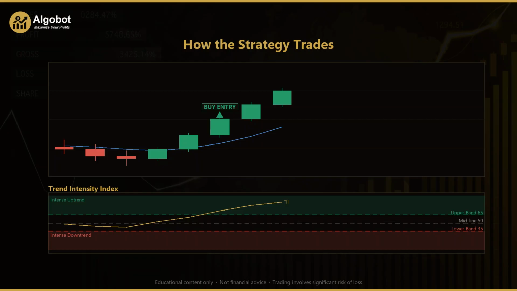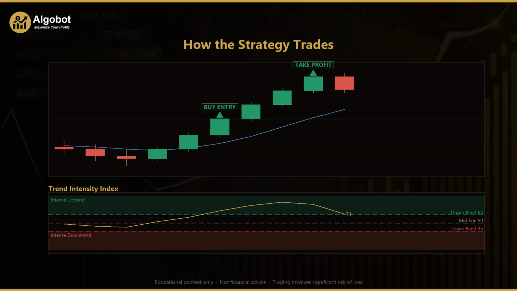Notice the stop loss would sit 2 ATRs below, and the take profit 3 ATRs above, giving that reward to risk shape of 1.5 to 1. From there, the up move carries on. The following candles print higher highs. The index pushes deep into the intense uptrend zone, into the 80s, and price rides above the moving average the whole way. On the ninth candle in the sequence, price reaches the take profit target and the trade is closed